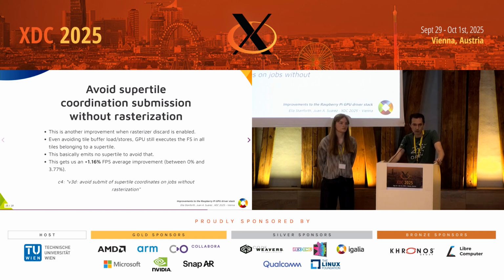We are avoiding the load stores due to the previous commit, but the GPU will still process all these tiles. So again, if we are disabling rasterization, the thing is not emitting the supertile, which means that no tile is submitted to the GPU, so the GPU will avoid running the process in the tiles. With this, we add an extra improvement of 1%, which is not much, but again, it varies a lot between nothing and almost 40%,